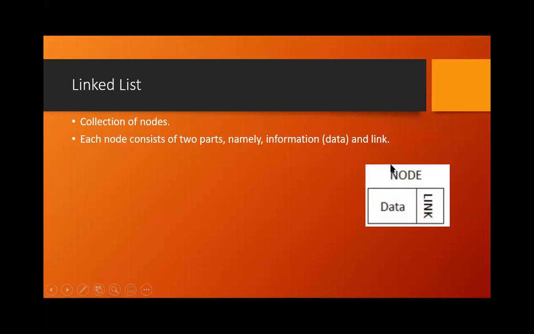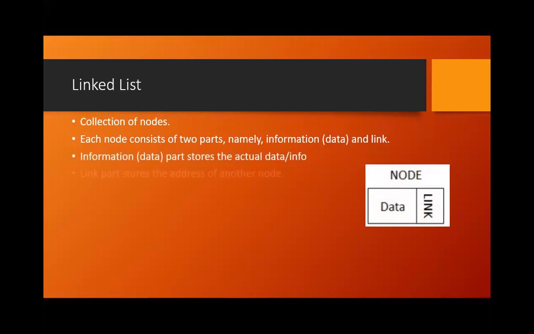Every node, that is each node, consists of two different parts. The first part we call the data or the information. And the second part is called a link, which will make a connection to another node.